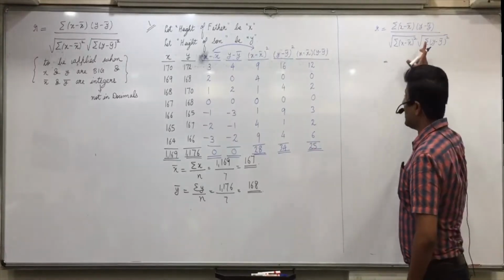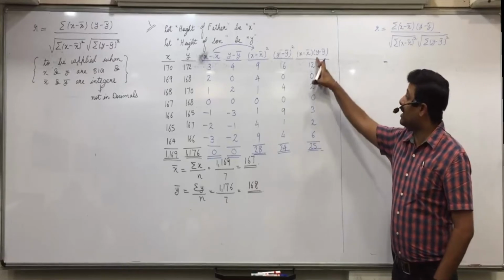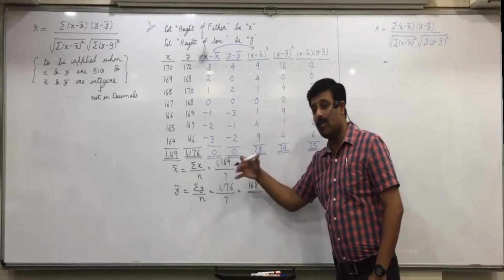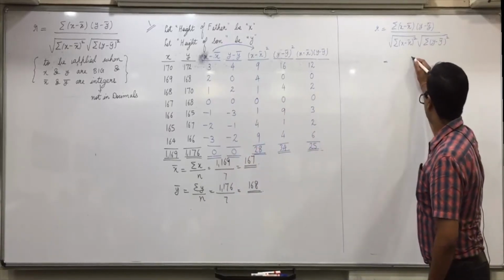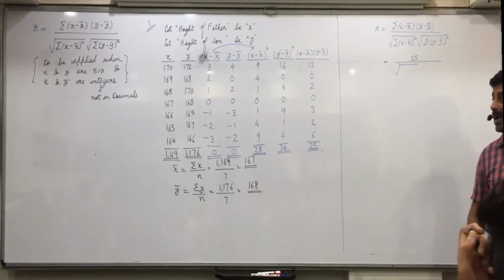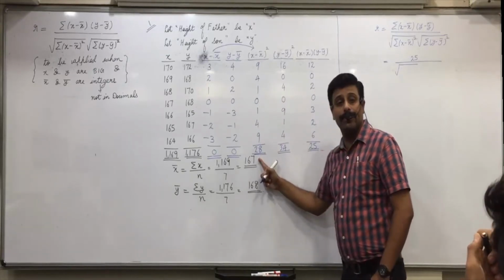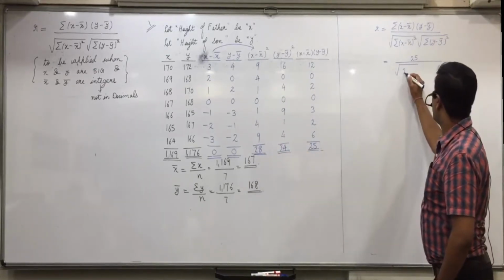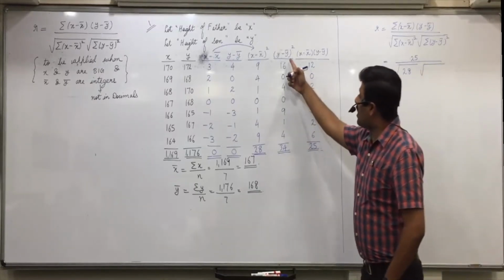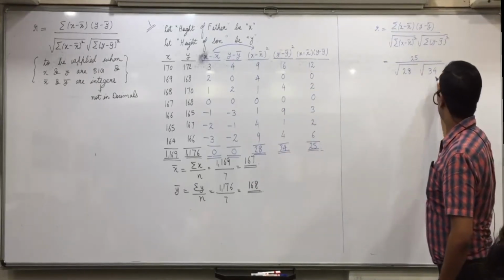Now sigma x minus x bar into y minus y bar will take 25. Can you see that? Sigma x minus x bar into y minus y bar is 25. Here we cannot take the product of the totals, otherwise 0 into 0 will come 0. So here the numerator is directly 25 upon square root sigma x minus x bar whole square. X minus x bar whole square total is 28. All of you able to get this? So square root of 28 into square root of sigma y minus y bar whole square, so square root of 34. Any confusion in this?